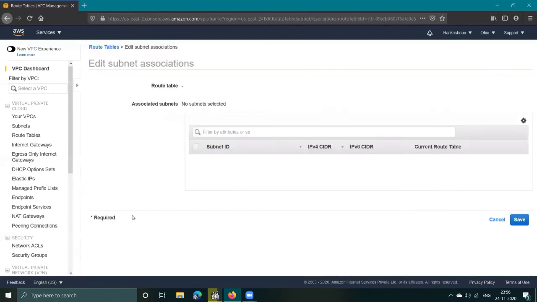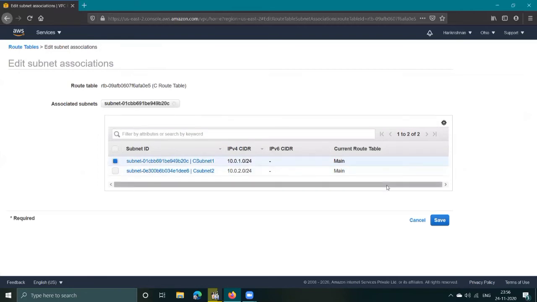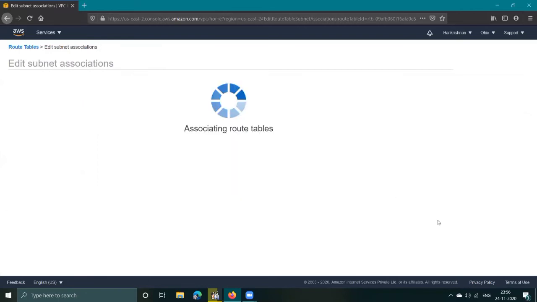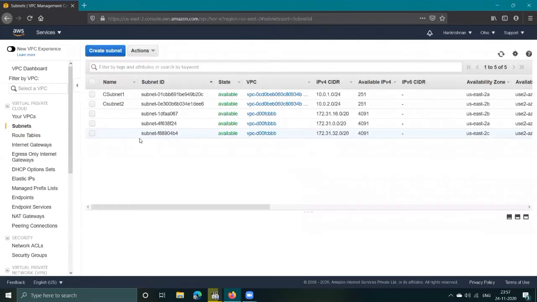See, we now have 0.0.0.0/0 in the section below. Select subnet 1, save it, and associate it with the custom VPC.